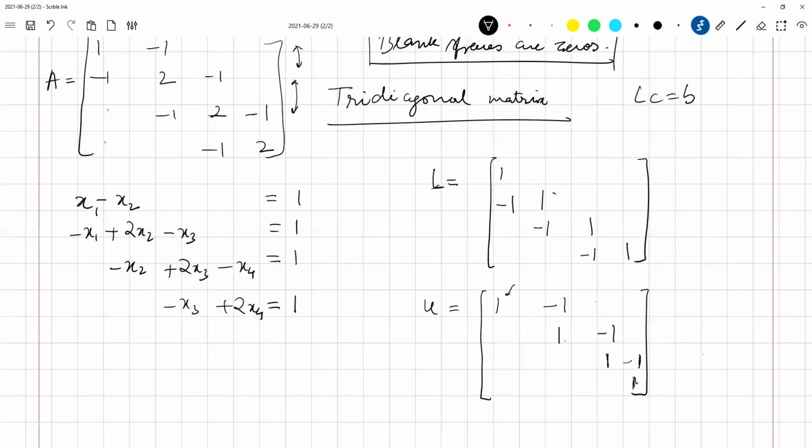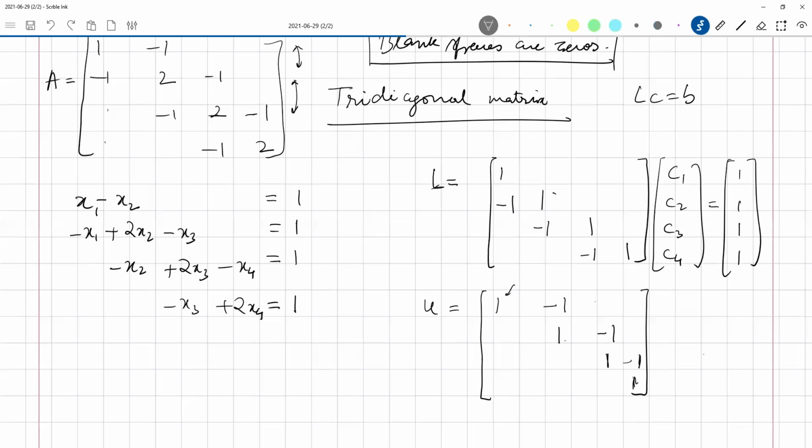So if I multiply L into C, we could use L inverse times B to get C1, C2, C3, C4, but we usually do not do the inverse way. We rather do it this way because it is pretty straightforward. So what is B1, B2, B3, B4? Is it correct? The diagonal has 1, 2, 2, 2.